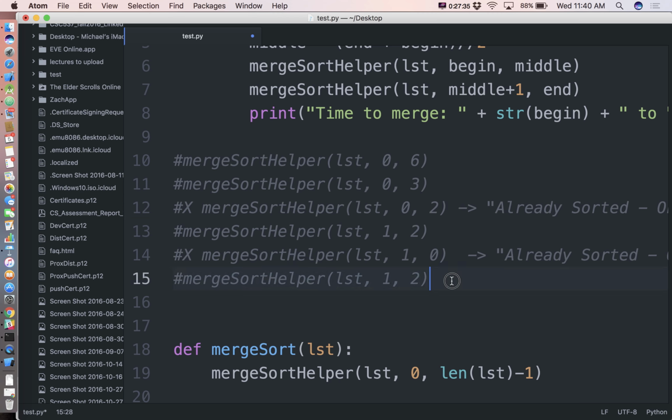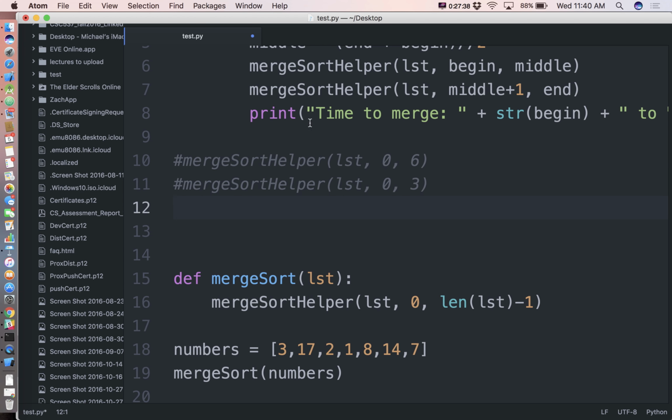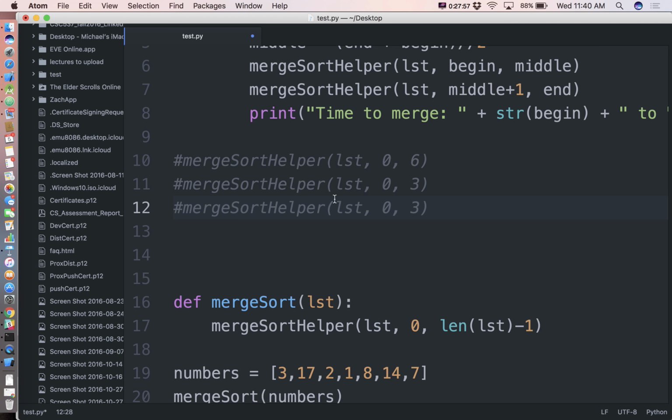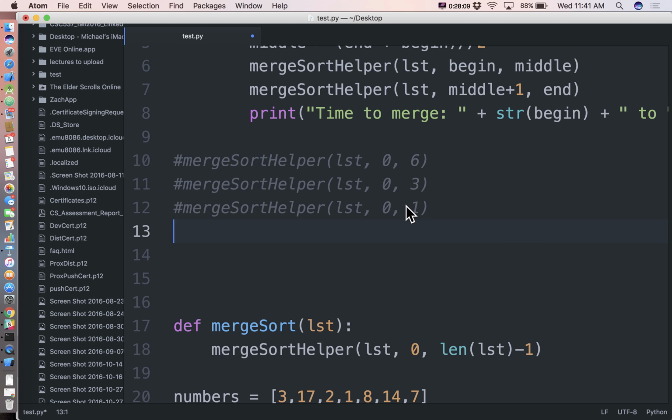Let's just go back here for a second and see if we run into that same problem. So we'll originally call it on 0 to 6. 6 plus 0 is 6, divided by 2 is 3. And we're going to go all the way up to middle for the first half, so 0 to 3. Then we have 3 plus 0 is 3 divided by 2, which is 1. So we'll call merge sort on 0 to 1. Is that the 1 list? It's not. So we'll say 1 plus 0 is 1 divided by